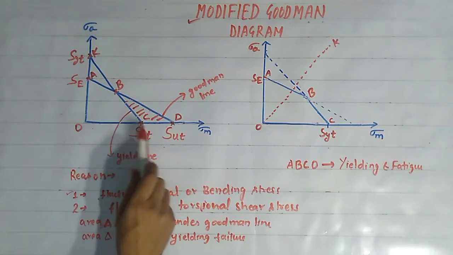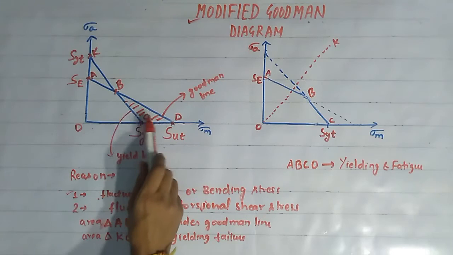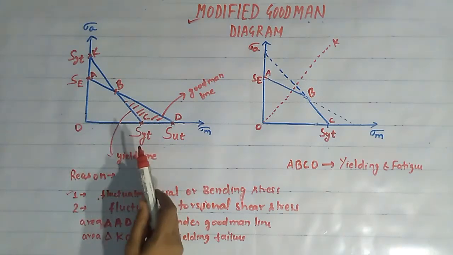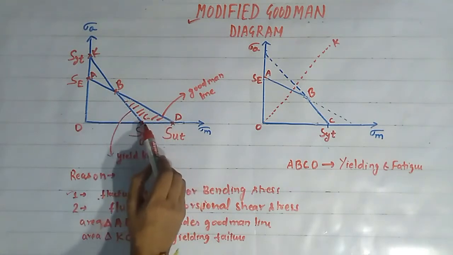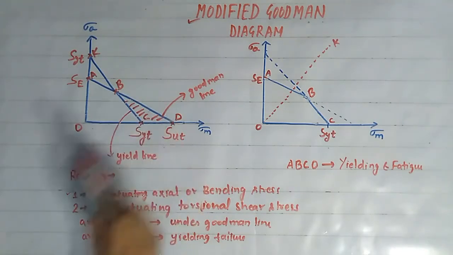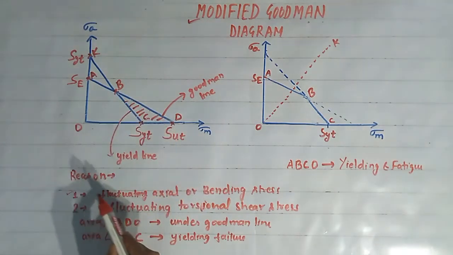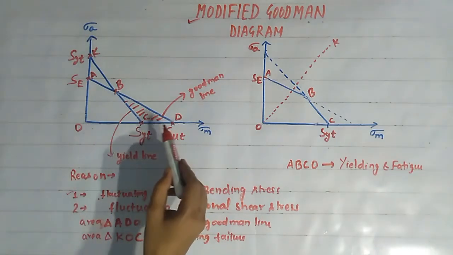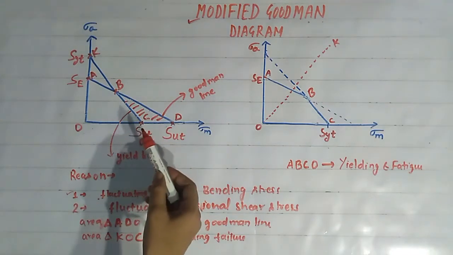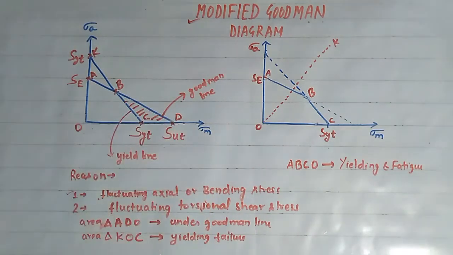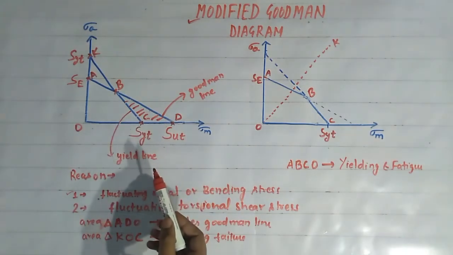So this area needs to be edited in this Goodman diagram. So this area we have to remove. Hence the area of the Goodman diagram CBD is the vulnerable portion, meaning in the CBD area yielding may occur though it is safe for fatigue failure. So we have to remove the portion CBD from the Goodman diagram to make it safe for design.